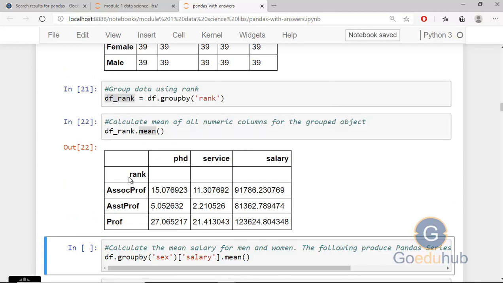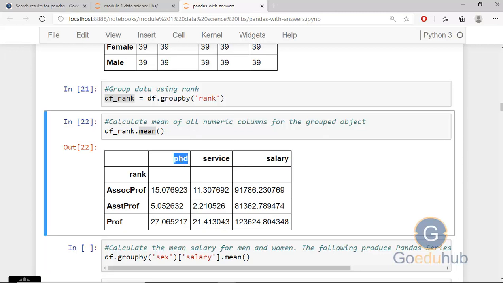Our rank column has 3 unique values: associate professor, assistant professor, and professor. So on the basis of rank we have made the groups, and now we are taking the mean value of every group. The mean value can be calculated only for the numerical columns. So here we are getting only 3 columns, that is the PhD, service, and salary. And we can check the mean value for the associate professor group, the assistant professor group, and the professor group.